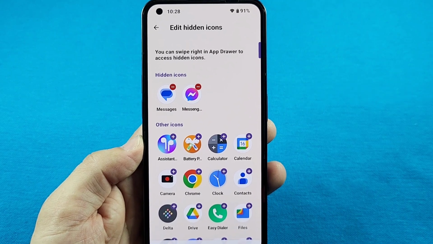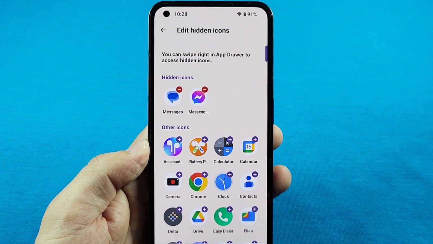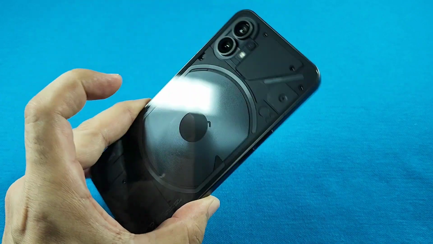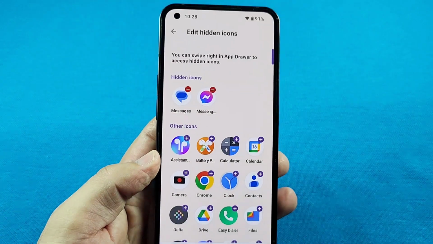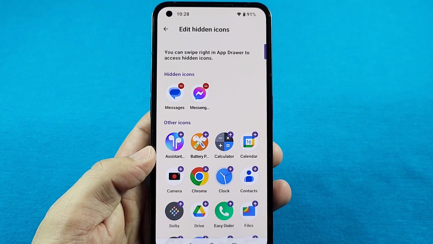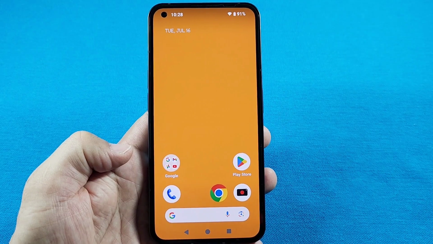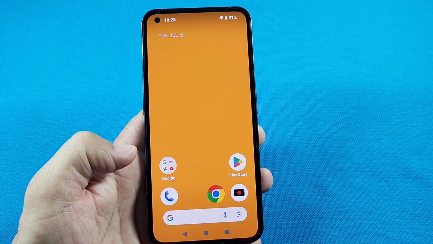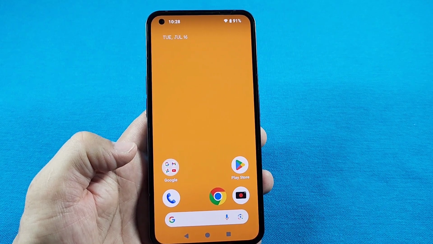Here's a really cool way in which you can hide the apps on your home screen within the app drawer on your Nothing phone with Android 14. Make sure you have the latest update to get access to this feature here. So basically, the Nothing phone will always have the app drawer enabled, and in order to hide apps into the